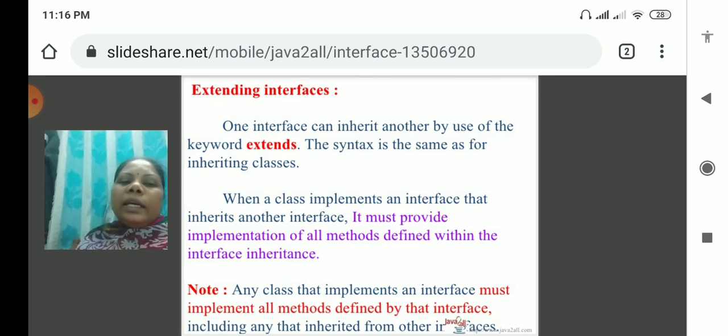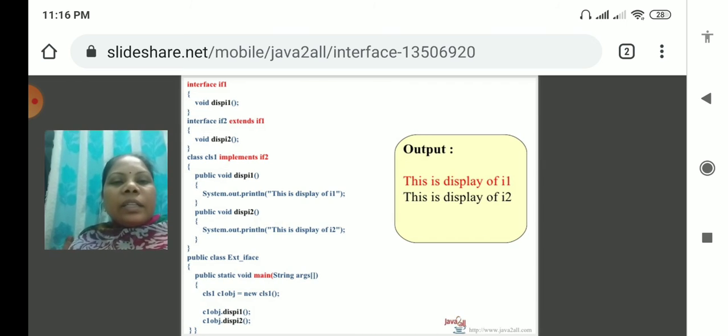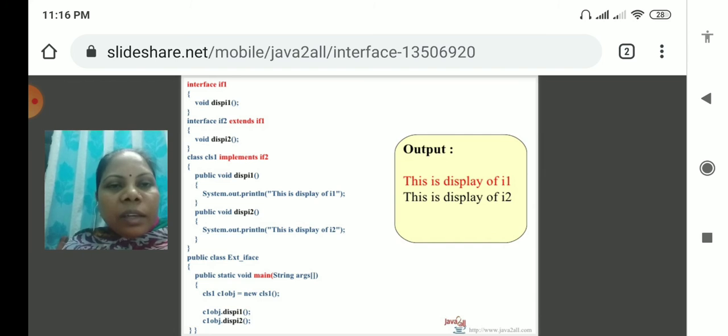So any class that implements an interface must implement all methods defined by the interface, including any that are inherited from other interfaces. Here first I have to create interface 1. The method name is display1. And for extending the interface, I take interface 2 extends interface 1.